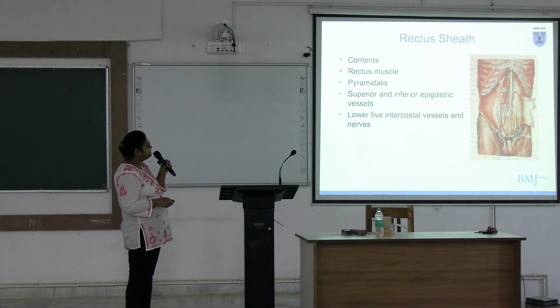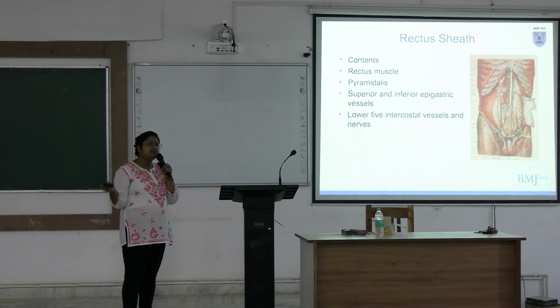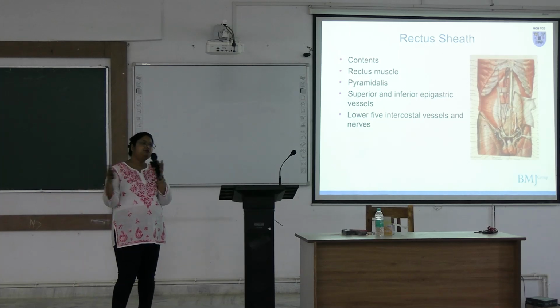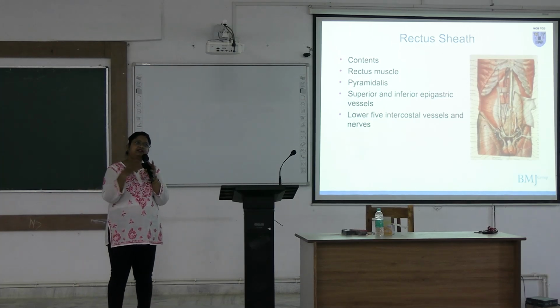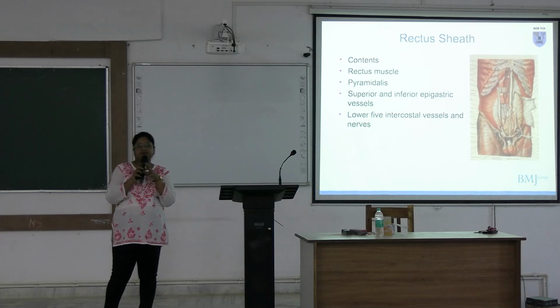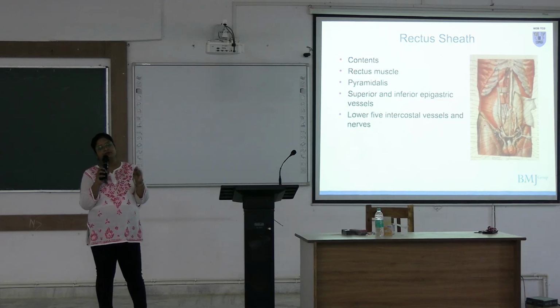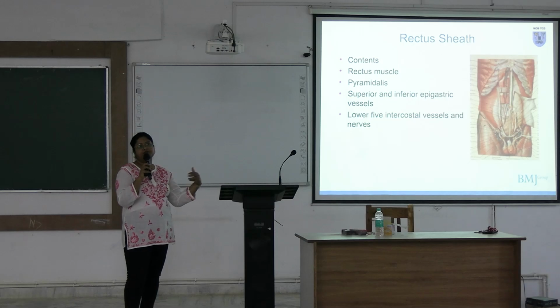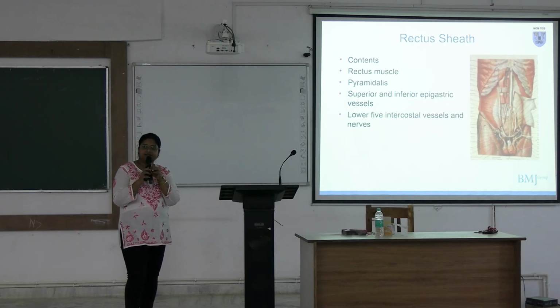Okay, and nerves are entering into the rectus sheath by piercing through the lateral wall of the rectus sheath. That's why during some operations in the rectus sheath, you have to retract the rectus abdominis muscle laterally, because if you retract it medially, there is a high chance of injury to the nerves. This comes in your exam: explain why during operations of rectus abdominis you have to retract the muscle laterally. Because there is a chance of injury to the nerves which are entering through the lateral wall of the rectus sheath.